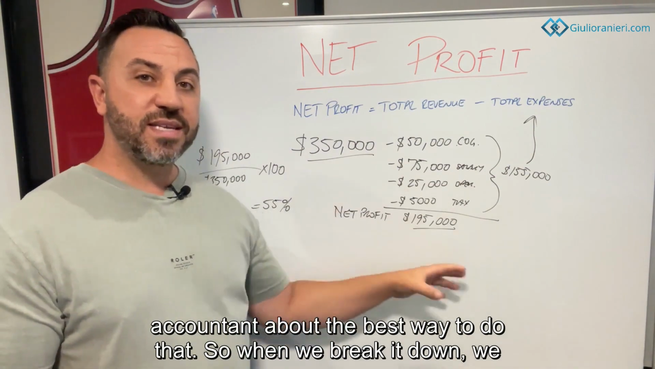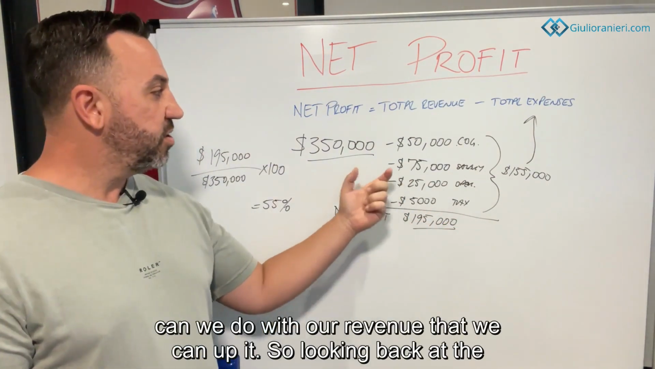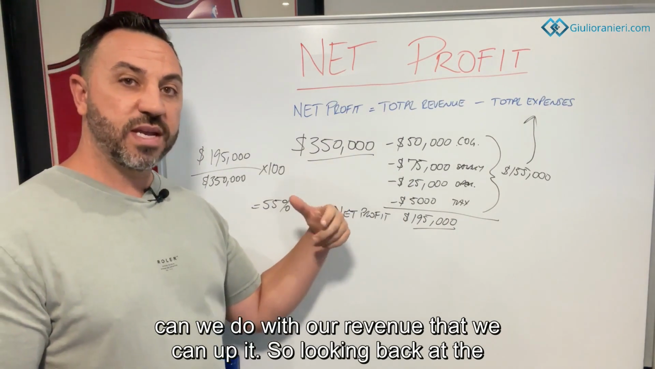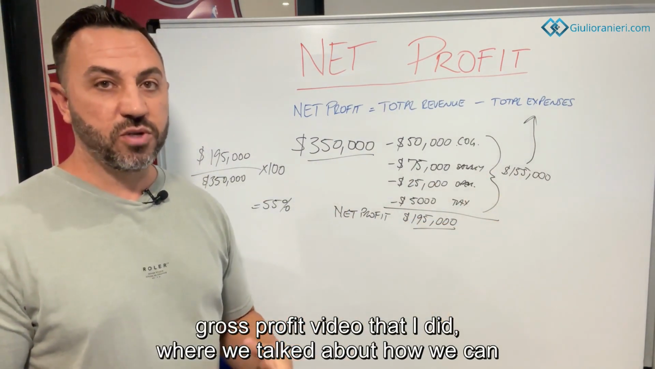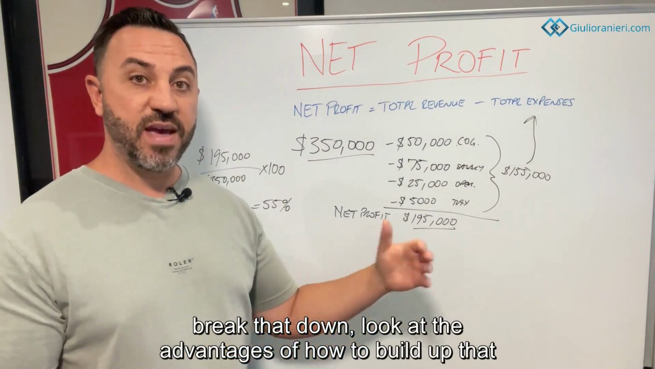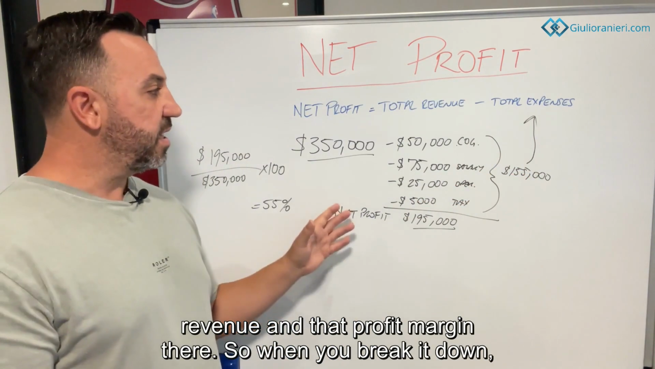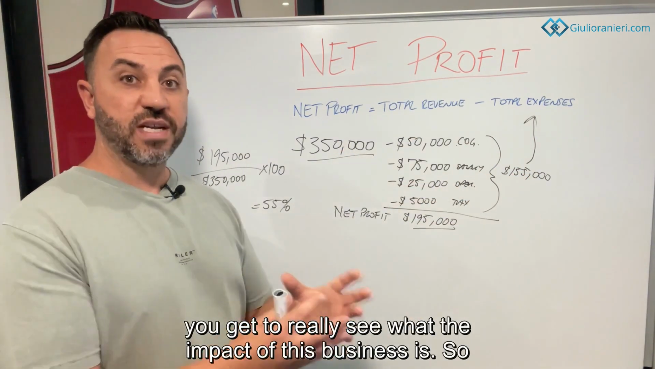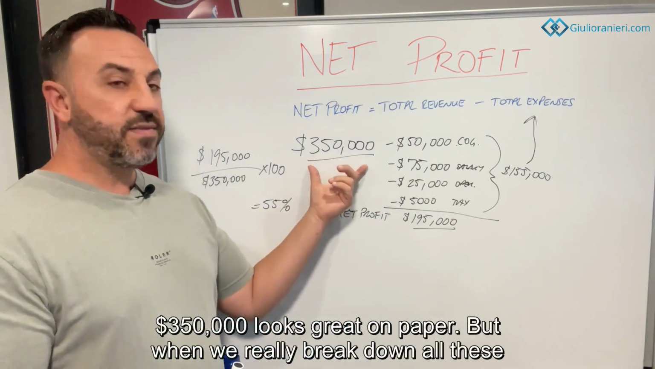So when we break it down, we see that we're sitting at 55%, but how can we maximize that? What can we do with our revenue that we can up it? Looking back at the gross profit video that I did, where we talked about how we can break that down, look at advantages of how to build up that revenue and that profit margin. So when you break it down, you get to really see what the impact of this business is. $350,000